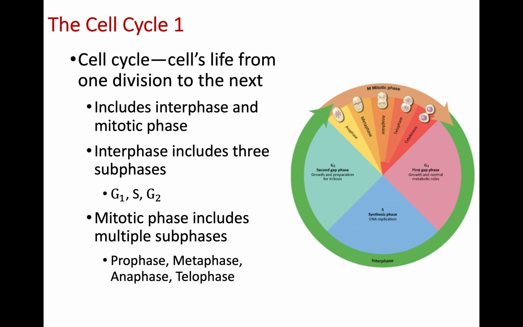So during the cell cycle, or particularly during interphase, there are three different parts that we go through. We have G1, S, and then G2. When we look at G1, we're going to make the cell bigger. During S phase, we duplicate the genome or duplicate the DNA. And during G2, we're going to have more growth as we continue to get the cell